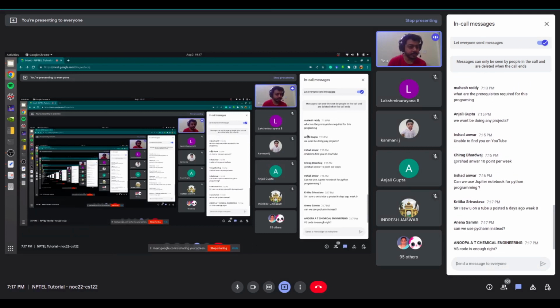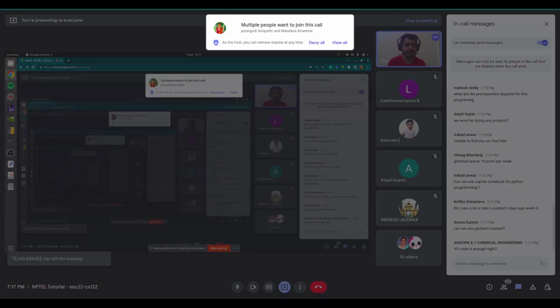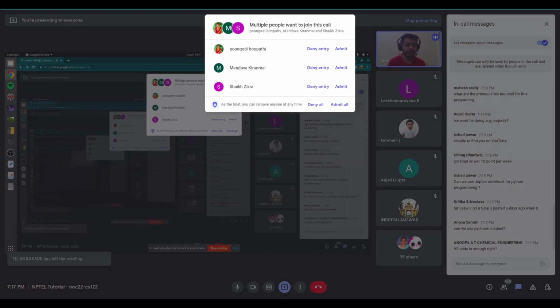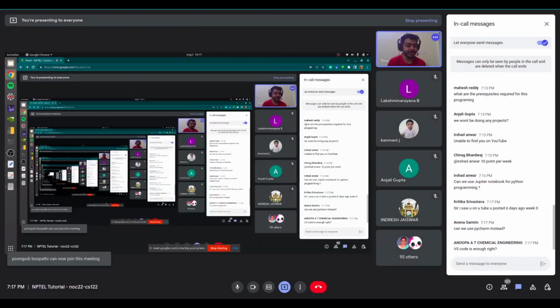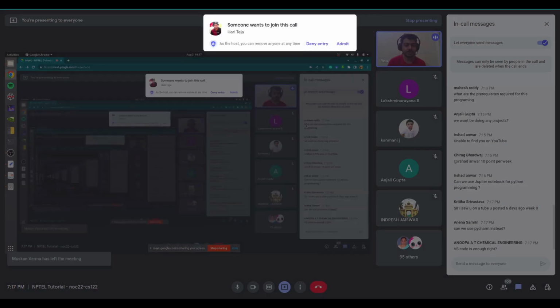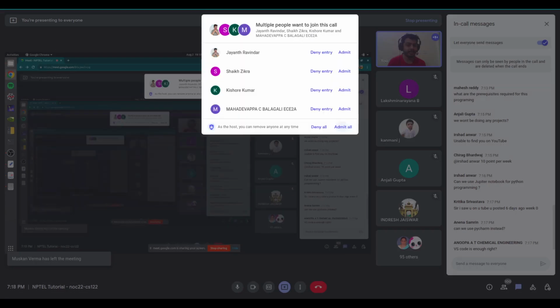What are the prerequisites required for programming? Okay, for this course, I think there is no prerequisite, as it was stated. Just some basic maths would be good. That's why we are starting with Scratch, so that people who do not have any programming experience can also learn programming a bit easily, a bit slowly, with a gentle introduction to programming.